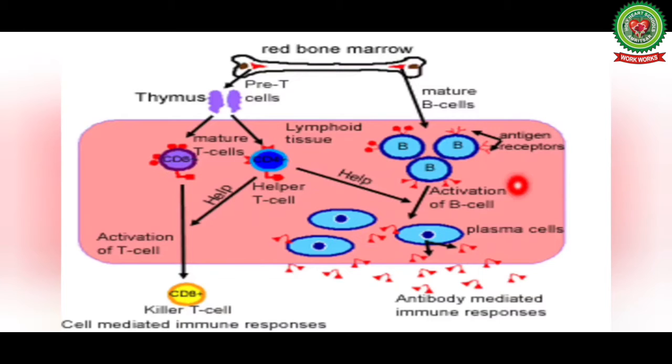So now we can see how the B and T cells are produced and how they mature. Both kinds of lymphocytes, B and T cells, originate from stem cells in the bone marrow. Some of the stem cells migrate to the thymus gland, an endocrine gland lying near the heart, and form T lymphocytes, while some are processed in the bone marrow and form B lymphocytes or B cells. B cells migrate to lymphoid tissue like liver, spleen, or lymph nodes for final maturity. And T cells constantly leave the thymus and pass to lymph nodes and spleen, and hence both get activated.